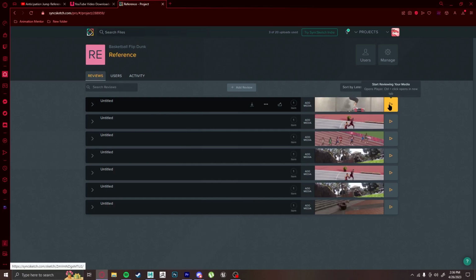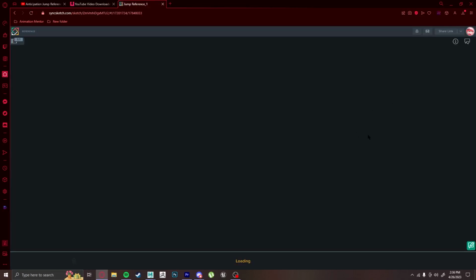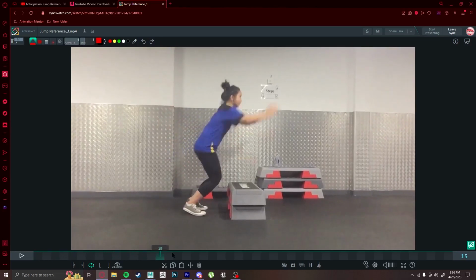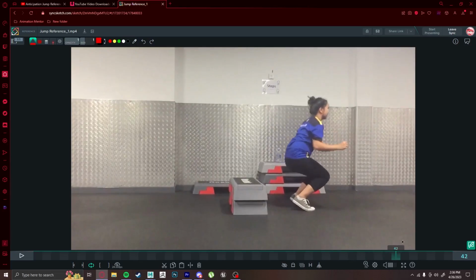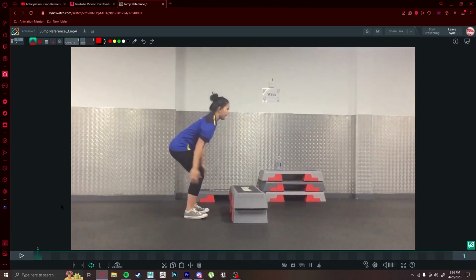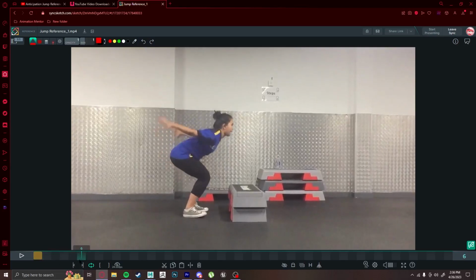So here, let's click on this. First things first, we're going to map out all the keyframes that we see here to get the best poses possible out of this. One thing that I like to do on Sync Sketch is I just click on the screen. Basically, this means you're drawing on it, but I just like to click on it, just a little dot so it's marked on the timeline. And as you can see here,